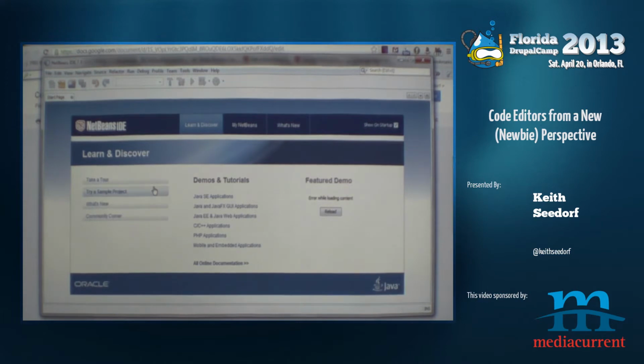In other words, for Java, C, C++, C#, PHP. That's not really an issue. I thought that was going to be kind of an issue. I told them before, one of the criteria when I looked at these editors was that they're all free, that you can just download them